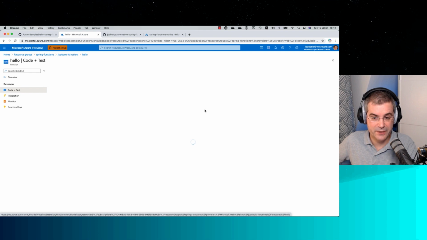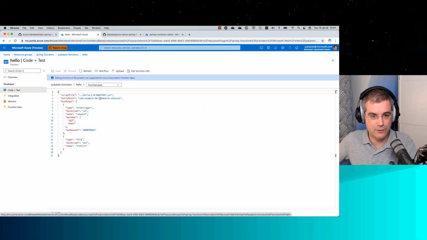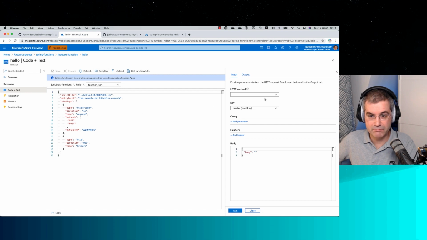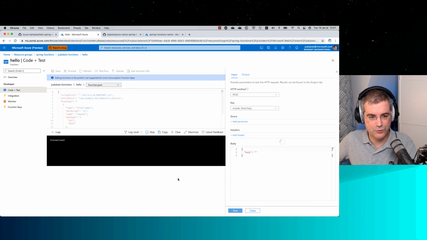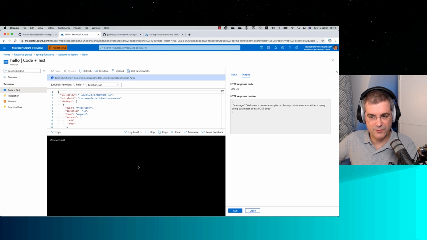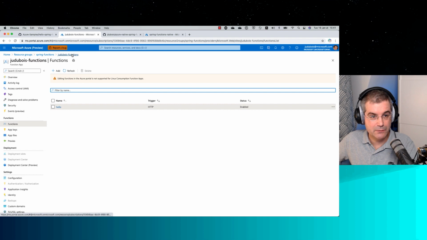I prefer to do it on my laptop with my IDE or with my command line, but typically you see you can test, you can do a post request. Well, I don't have anything here, so it's probably going to give me a little error message because I want to go fast. But as you can see, we've got everything to get you started. I said welcome, so I didn't supply any name. Please provide a name. So that's part of my code. So that's cool. So here is my app running, and as we saw, it was pretty fast and easy.